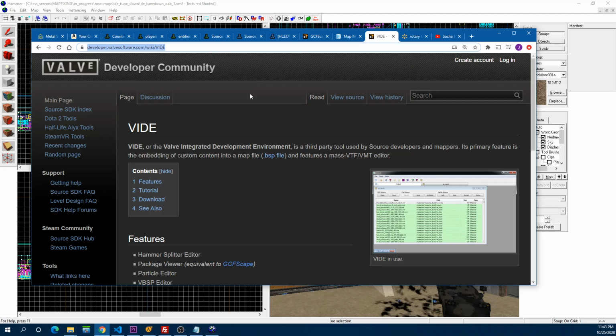So that VIDE software allows you to extract assets from maps, and it also allows you to pack assets inside the map and a bunch of other things. So that's a very useful software.